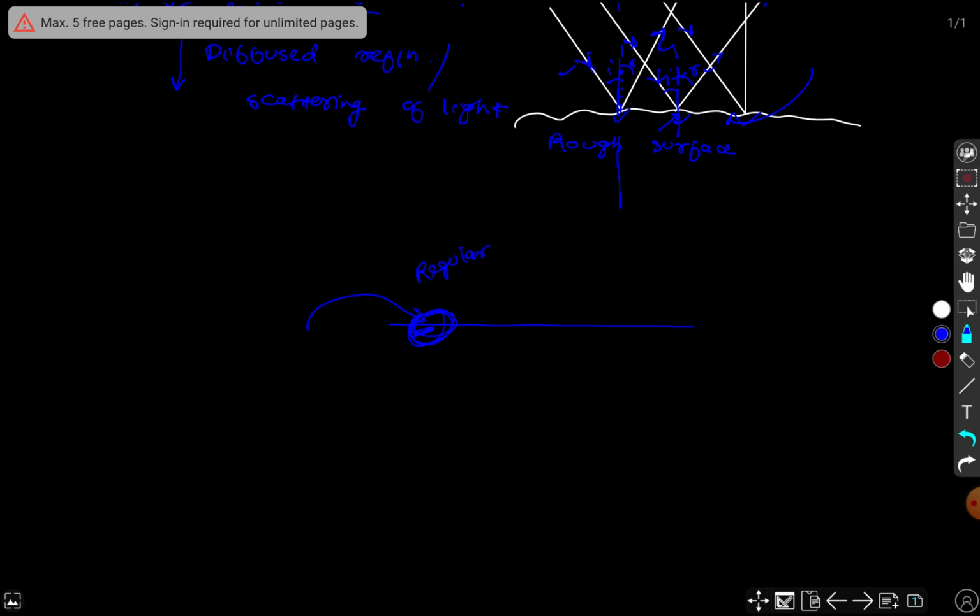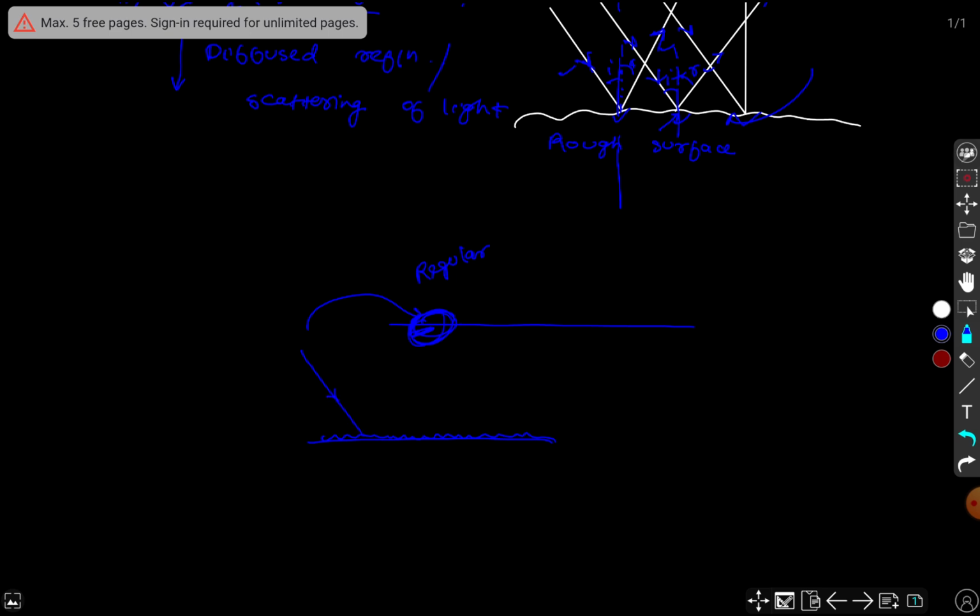And if the surface is not smooth, just take the example of the wall that I have earlier taken to explain to you. The wall, no matter what type of whitewash you have applied to the wall, is rough at the microscopic level. Although the wall may appear to you to be smooth, if you observe it at the microscopic level, then there will be so much roughness in its surface, and the roughness would be like this. Due to this, what happens, the light rays